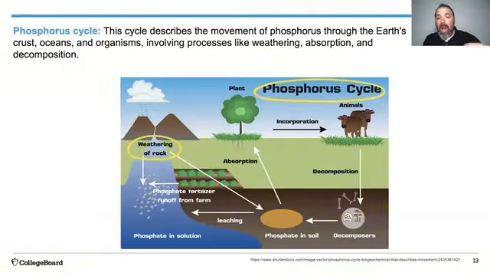You've got weathering rock, it breaks down, phosphate, right? Phosphorus will run into solution into the water. You have some absorption by plants from the soil. You have decomposition by decomposers, adding that phosphorus back into the system. But again, you're seeing this as a cycle. And so whereas where energy flows, we're not losing any of this material. So again, going back through carbon, water, nitrogen, and these phosphorus cycles.